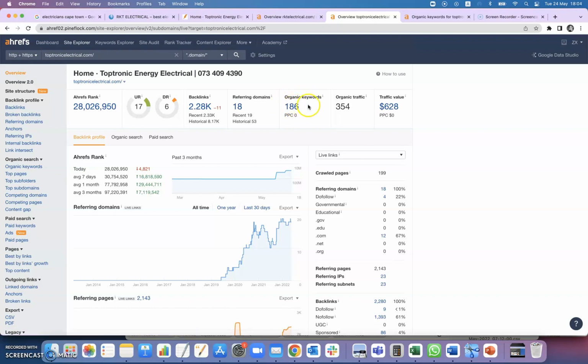At the moment, they have 186 keywords being picked up from Google, and that's because they've got probably a bit more content on their website. And the combination of these is the reason why they're one of the top competitors: they're getting 354 people every month finding their website from Google. That's a lot of potential jobs that you could be getting as well,